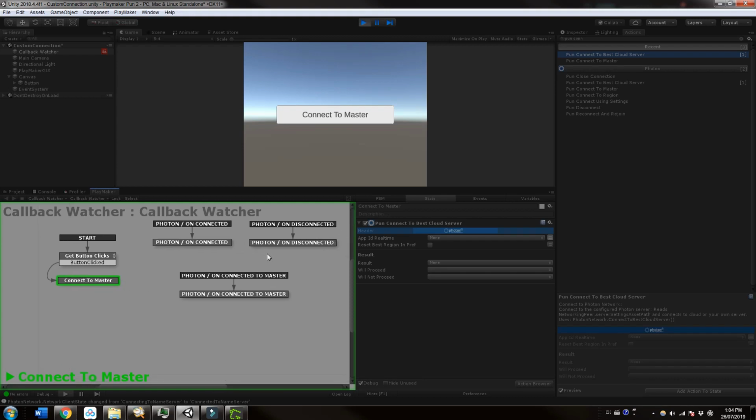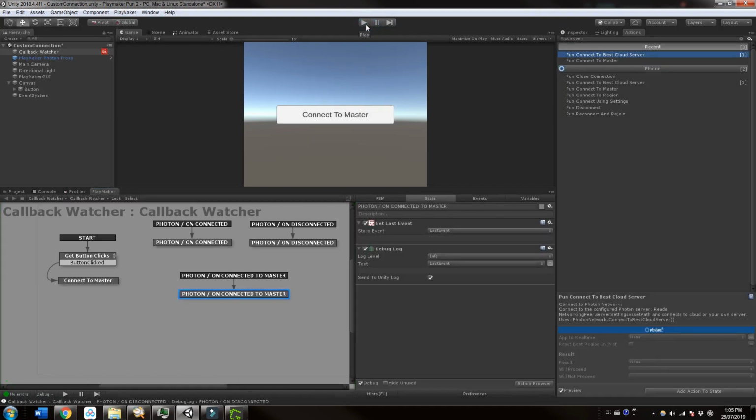Okay, so we have connected to the master, but I didn't see it. Oh, there we go. So on connected was, we got the callback, and then now we've connected to the master server. So that's great. Now we've actually connected to Photon, and we can do something. So it's that simple. Hopefully that wasn't too difficult for everyone, especially if we're copying these nice pre-made, well thought out PUN callbacks. So the next thing we want to do is actually